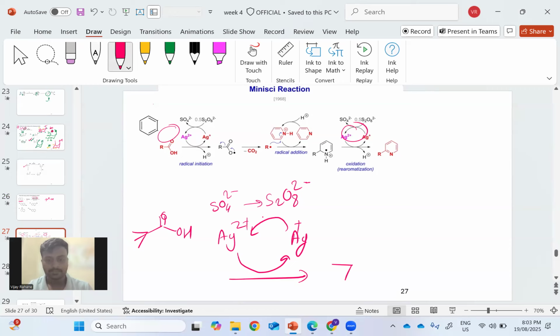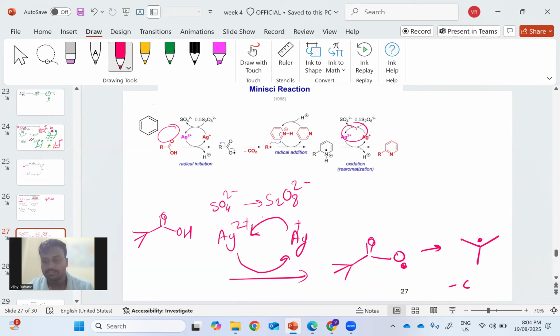So basically what happens, this radical is formed, double bond O radical. So this is the course of reaction. So it is a cyclic process. This Ag2+ gets converted to Ag+ by reacting with this tert-butyl acid, and it forms a radical at this O. Once this radical is formed, this can undergo